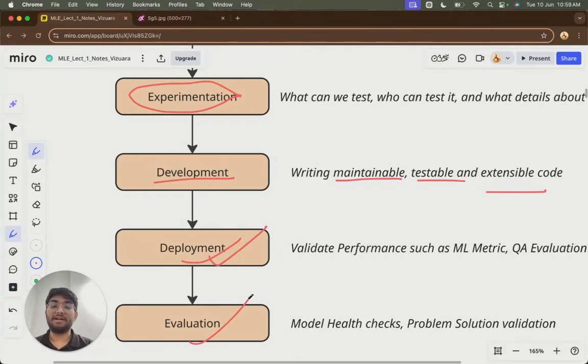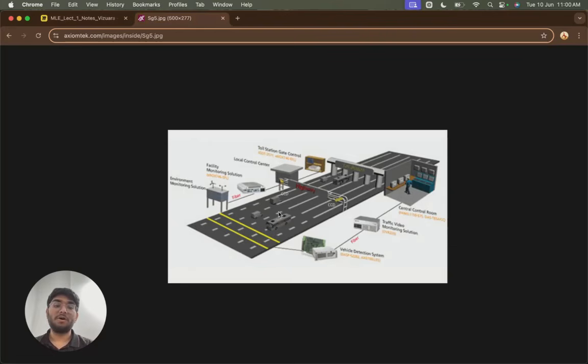Then you need to evaluate. You need to perform checks on whether your model is performing well, is it following the safety regulations, what is the false negative, what is the false positive, and that it is not misclassifying something or performing wrong. And this needs to be 24/7 surveillance. So if there is some bug or error that occurred, you can't wait for 10 to 15 minutes and say, oh, I'll come back and then I'll debug. No, this all needs to be automated. This has to be self-driven because this needs to work 24/7.